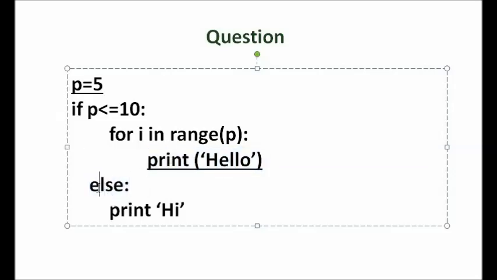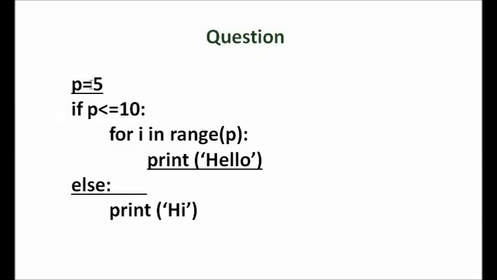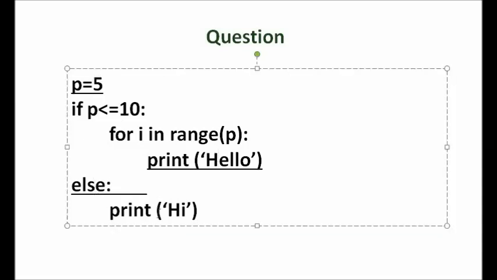Here this else is in between this if statement and for statement. This else can be placed here, that is for else, or here for this if else. So it can be for else or if else. Underline the correction. The next statement print bracket. Okay. So 4 errors, 1, 2, 3 and 4.